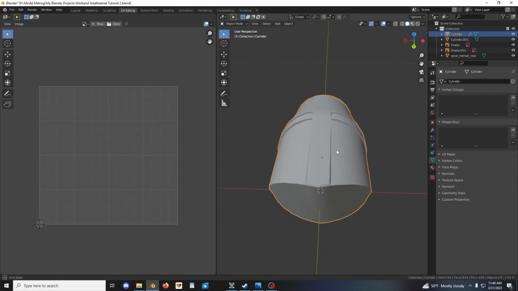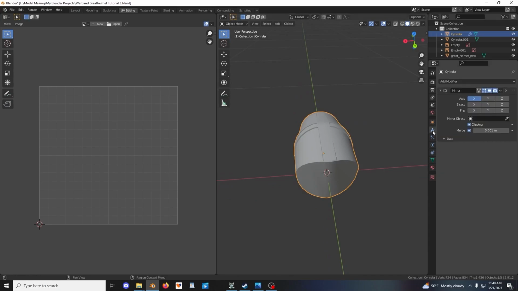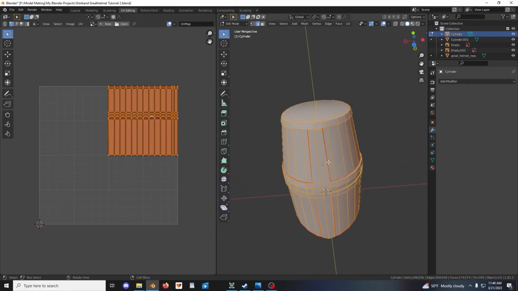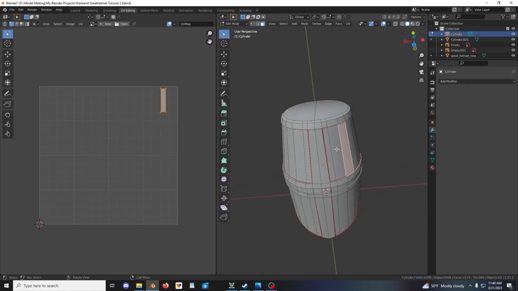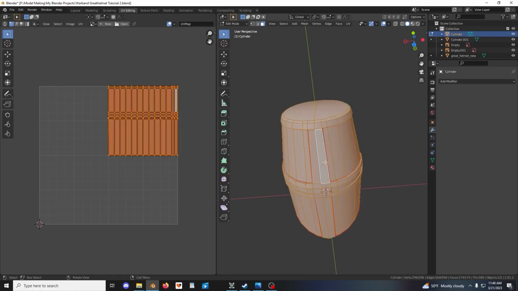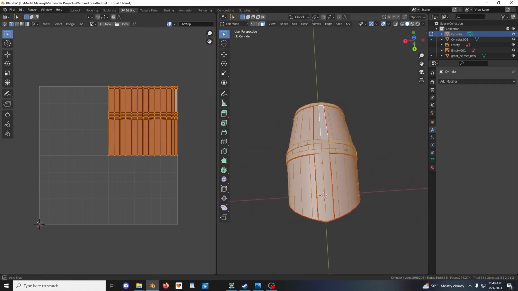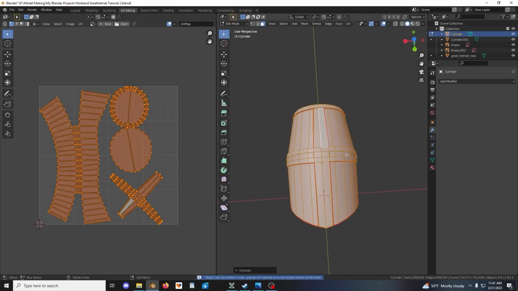Actually, we shouldn't even have this thing mirrored anymore. So we can go to the mirror modifier, come down to this button, make sure you find the wrench, find the mirror modifier, find this arrow, and click apply. And now when we go into edit mode, we can see the object isn't mirrored anymore. We have access to all the faces everywhere. Anyways, if we press the A key to select everything, and then I press the U key to unwrap,